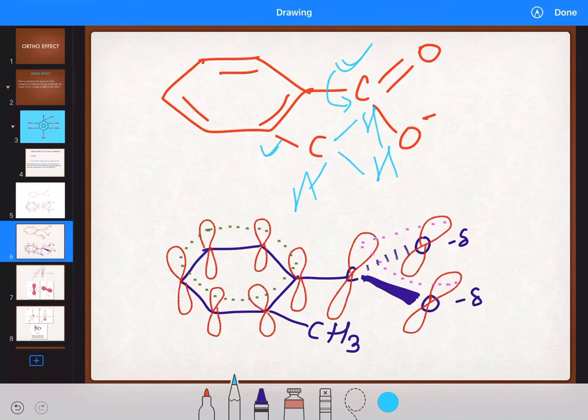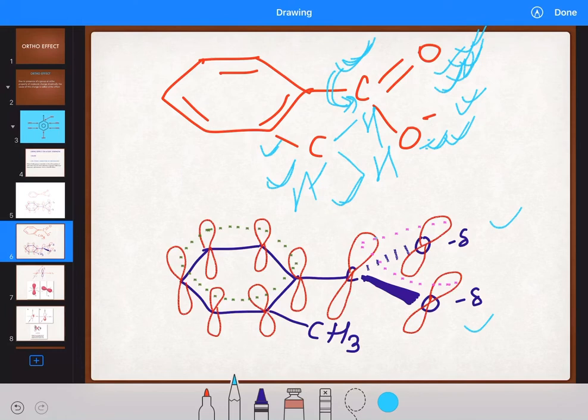Rotation about this sigma bond means we are putting one below the plane and one above the plane. We are holding these two carbons and rotating in the clockwise direction, so we get this oxygen above the plane and this oxygen below the plane. Why is it happening? Because this is the bulky group, this is giving repulsion. If it rotates and comes above the plane and below the plane, then the distance will increase and repulsion will decrease. Correct? Means due to this group, this group will rotate about this sigma bond. When it rotates, one will come above the plane and one will go below the plane.